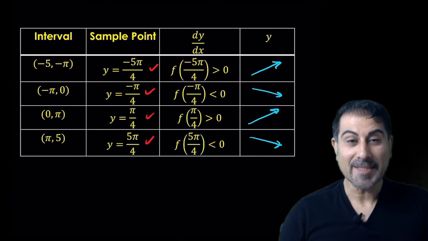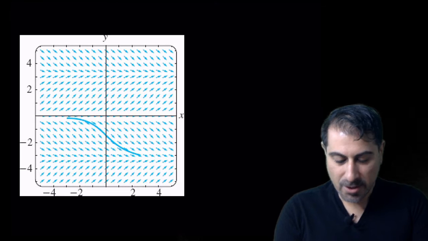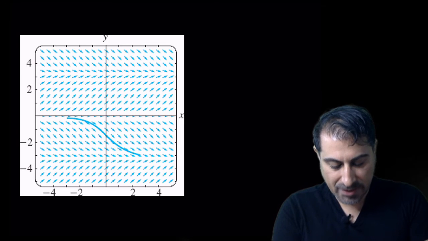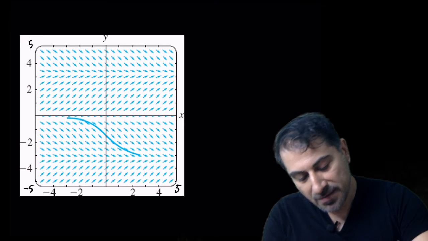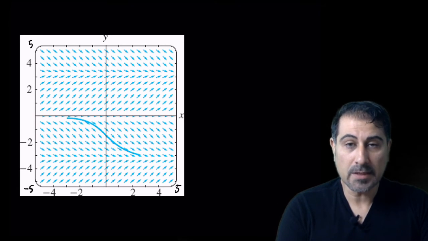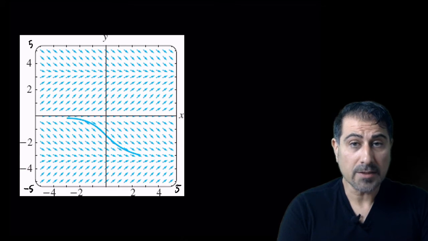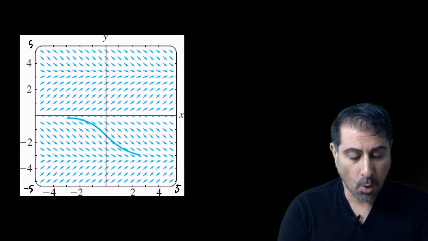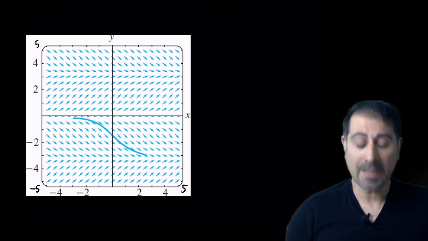All right, now let's let the computer do the hard work for us. We would like to evaluate dy over dx on the rectangular region. So here we go. The x's are in between -5 and 5, and y's are in between -5 and 5. And what we did here is that we split the x interval into 20 equal pieces, and we did the same thing for the y interval. So essentially we have more than 400 points, and at every point we let the computer evaluate dy over dx, in other words sine y.